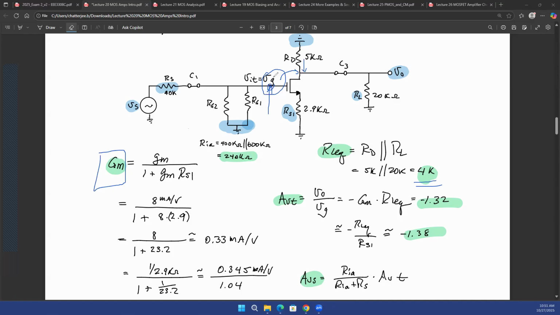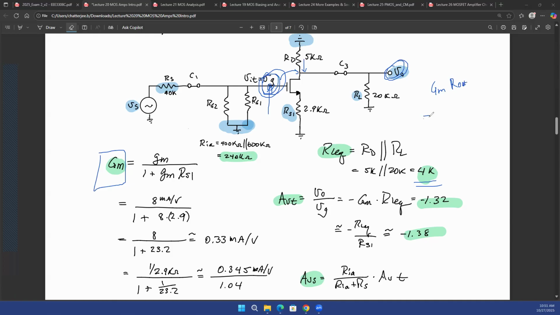So if you multiply GM with the equivalent output resistance, you get the overall gain from the input terminal, which is the gate terminal of the MOSFET, to the output, which is the VO of the MOSFET. Right? And why is GM times R out an equivalent voltage gain quantity? Because GM, let me write that down. GM times R out